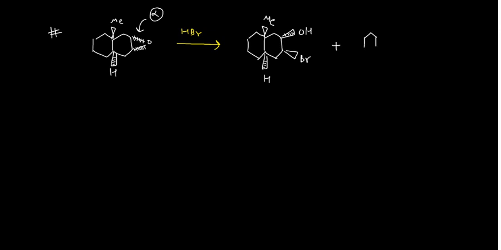The second product is, again, this is methyl, this is hydrogen, and here in that case Br is up, and here OH is down. Say you have these two products. So in this particular example, this is your minor product and the second one is the major product. So how can we draw the reaction? For this you have to draw the 6-membered ring, that means the chair conformation of the